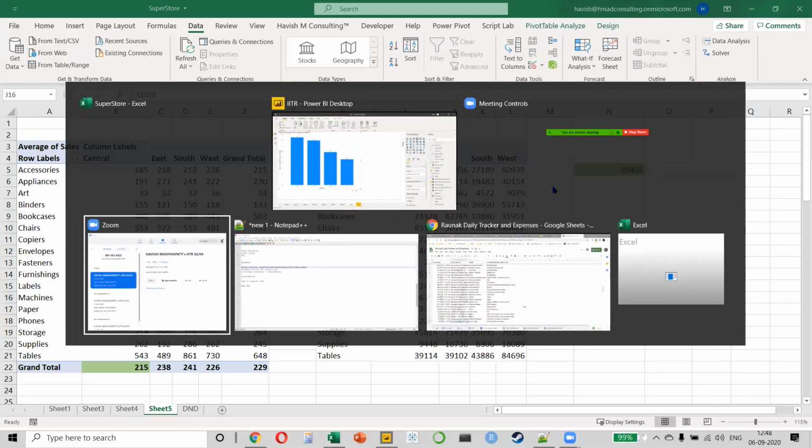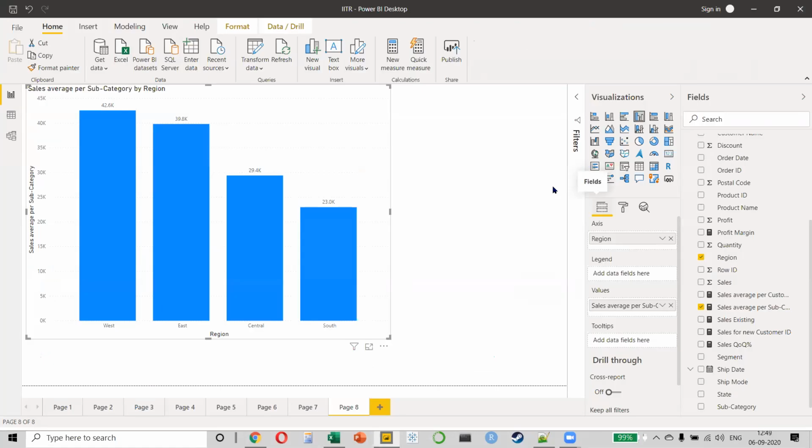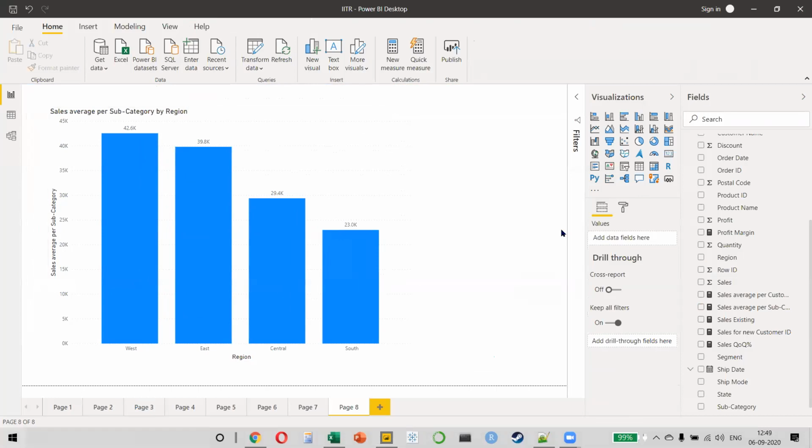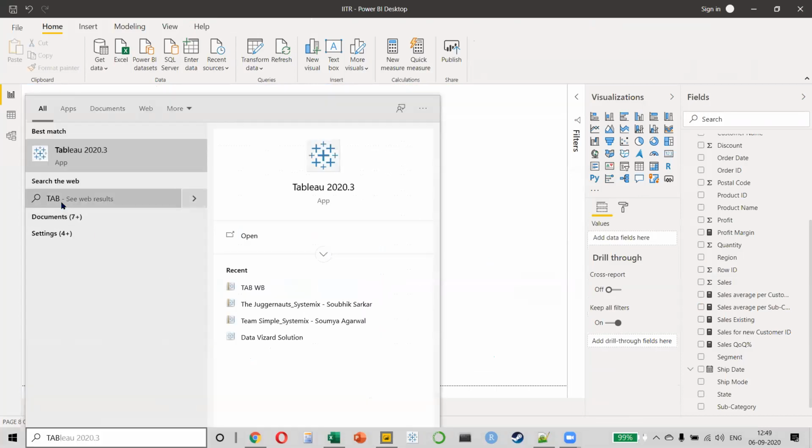Since you've asked a few questions, I will not take up any more questions right now because I want to show it to you on Tableau. And then you can ask me any questions that you have. And after that, we will go to Power Query.